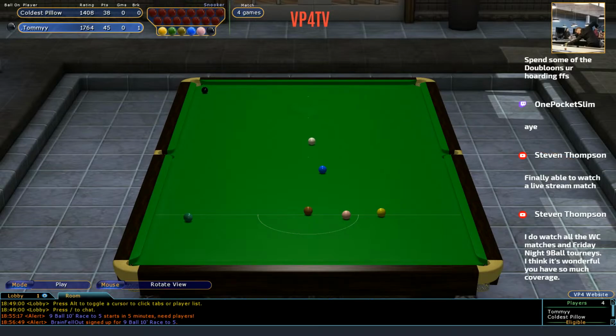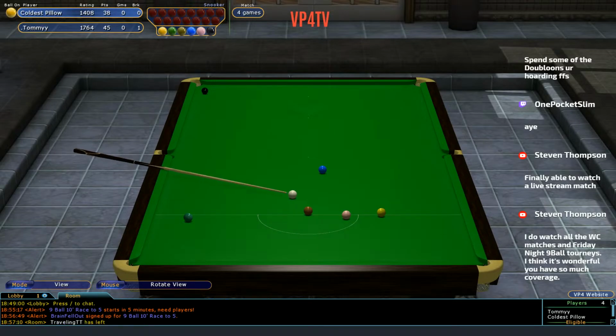Well, the black would have given 8 points, and he actually found a gap to get on that yellow there. It would have given a total of 8 points. But there's still nothing in this. Anybody can win this first frame. And Coldest Pillow's got a great chance because it's handy having the pink where it is in the D, because